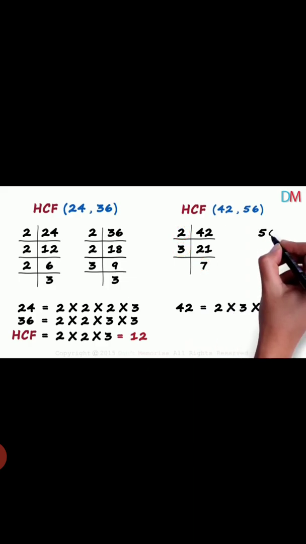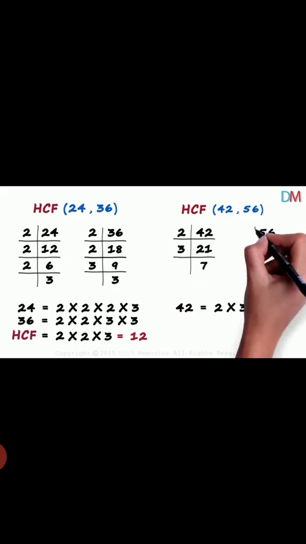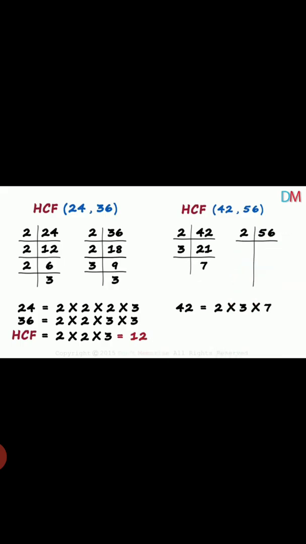Now we will take out the prime factors of 56. 56 is also an even number. So again हम इसके prime factors find out करेंगे. To take out the prime factors, again same division method, lines draw करेंगे. Now 2 से divide करेंगे, 56 is an even number, 2 2s are 4, 2 8s are 16. आप साइड पे भी रफली डिवाइड करके चेक कर सकते हैं, you will get 28.